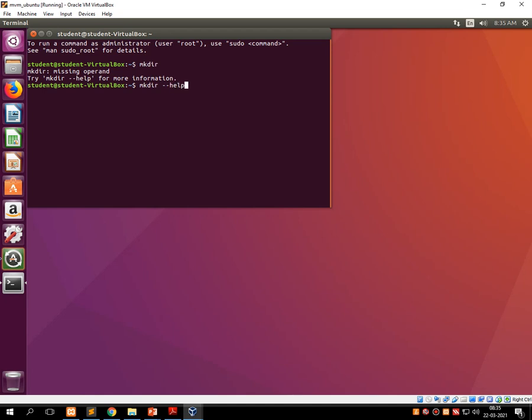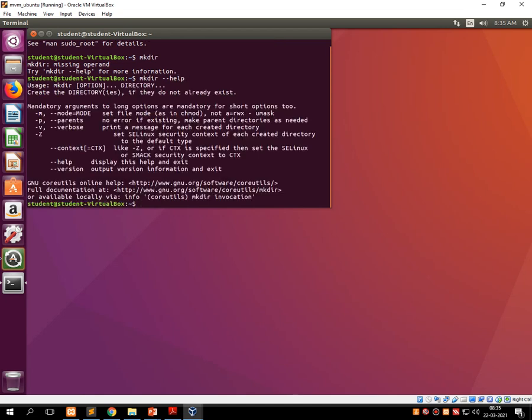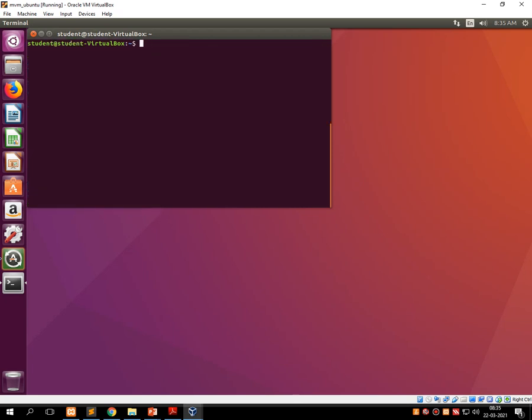--help. Now what does it return? It returns the details of the mkdir command with all the possibilities. That means suppose you are not aware of the command, you just know the name of the keyword, then by just typing the name of the command, space, two dashes and help, it will show you the entire detail of how we can perform that particular command in Linux. So we will not go into a detailed discussion about all these things. Let's see how we can perform this practically.